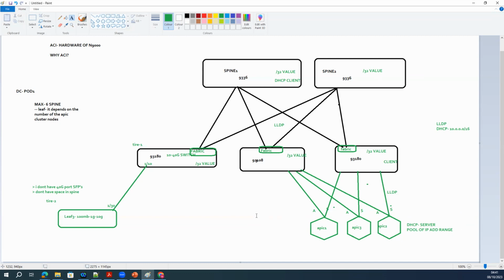Yeah, so the reason is APIC also has third-party support. With the APIC you can control VMware. With the APIC you can control Palo Alto. With the APIC you can control F5. These are some third-party devices. They do not support CDP, right? Correct. Understood. That's the reason LLDP is the standard protocol which APIC uses.